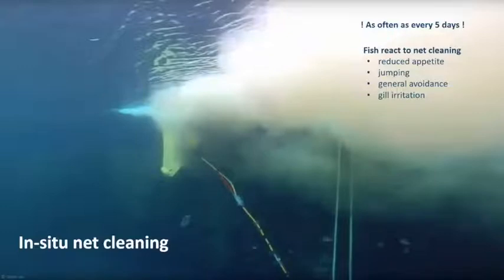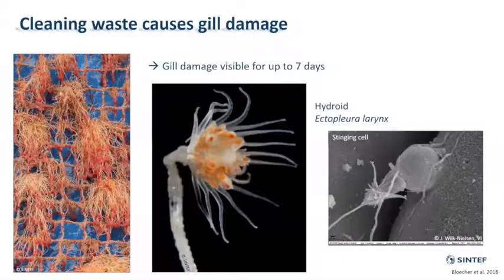You see reduced appetite, the farmers have to stop feeding. You see jumping, general avoidance, and gill irritation. And this has to do with the organisms that you find among the biofoulers. There are, for example, these hydroids, so cnidarians. You have Ectopleura larynx here in Norway, and in the Pacific region, it's Ectopleura cosia, which looks very similar and